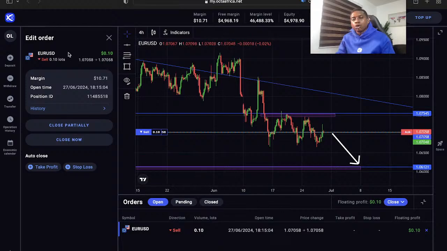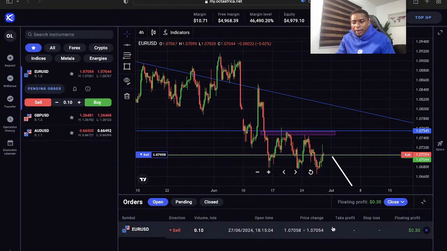Now, if I want to edit my order, which currently has no take profit and no stop loss, I want to add take profit and I also want to add stop loss. So what do